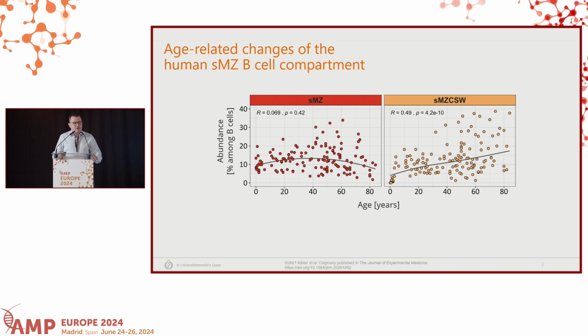And there's another interesting observation that we made. Around 40 to 60 years, we see that there is a fraction of individuals which has quite a high abundance of these cells. So even though the epidemiological risk of infection, for example, Streptococcus pneumoniae, is not elevated yet, in these people we see that this compartment of class-switched marginal zone B cells is increased, which might influence the ability of the spleen to respond to yet unknown pathogens.